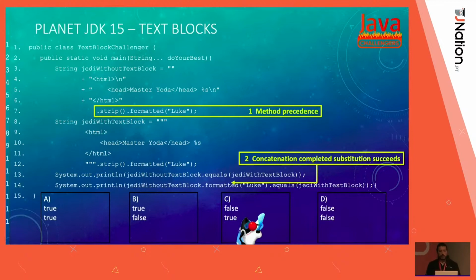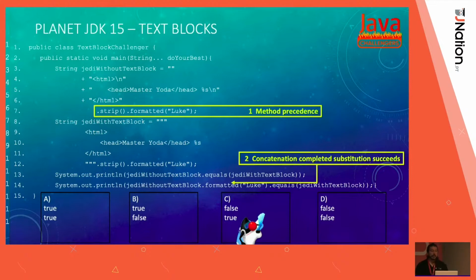So look will be substituted for the %s. And then we're going to compare whether the JEDI without text block equals the JEDI with text block. And of course, they'll be different because the JEDI without text block didn't get substituted because of the method precedence